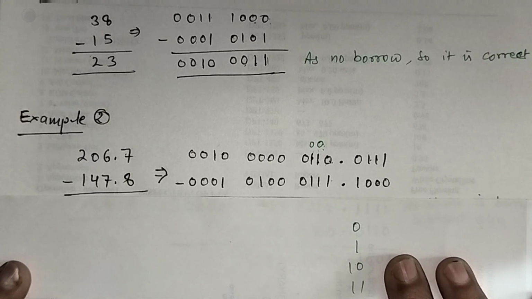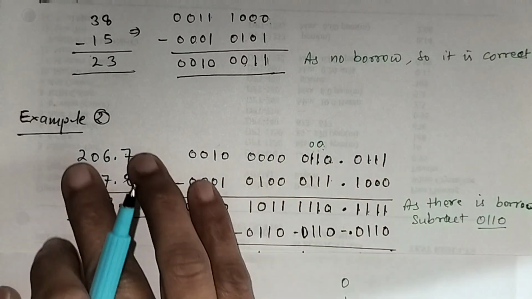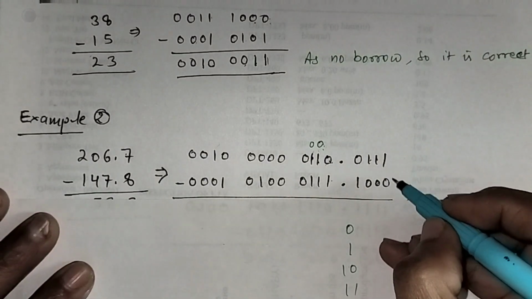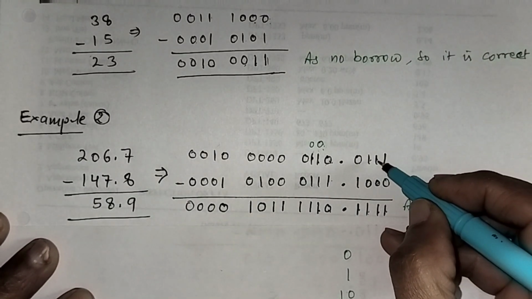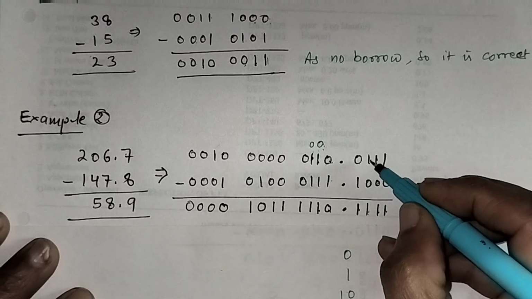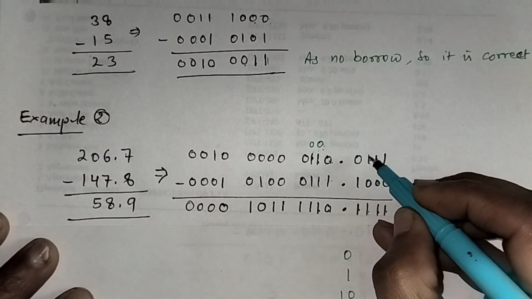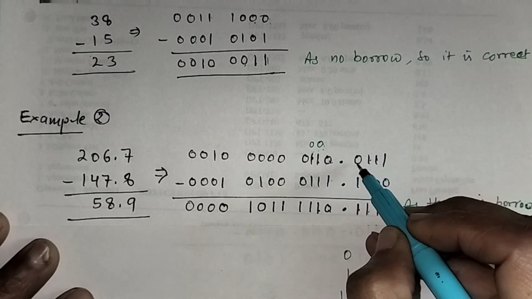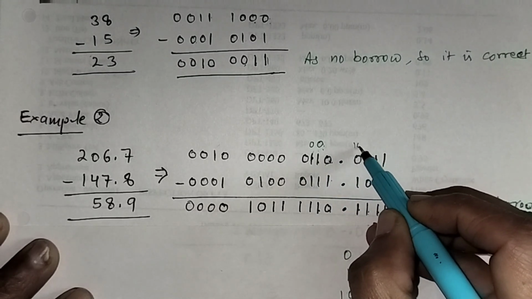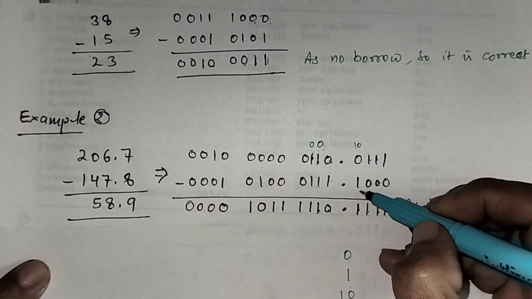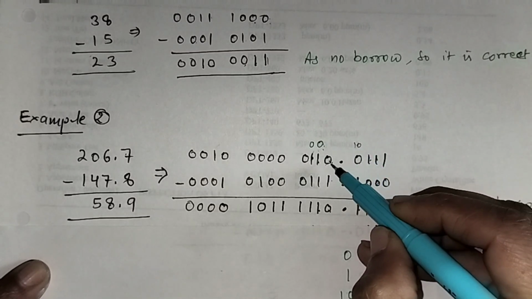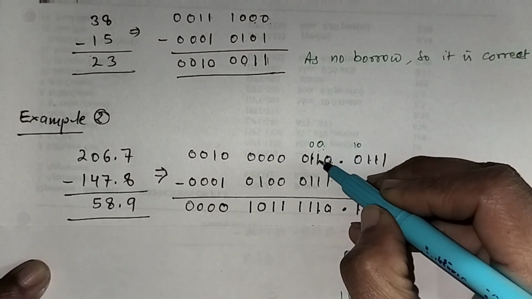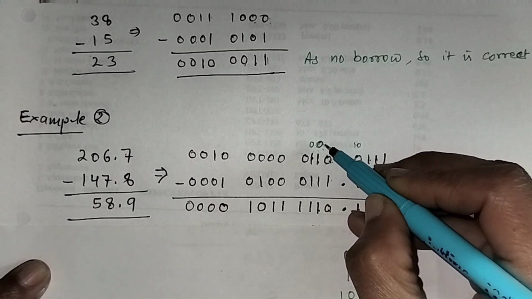Let's take an example for better clarity. This is the BCD code for these decimal numbers. Now we will subtract. 1 minus 0 will be 1. 1 minus 0 will be 1. Now we cannot subtract 1 from 0, so we will borrow from here. It will become 1 0. So 1 0 minus 1 will be 1. Now it will be 1. So 1 minus 1 will be 0. Now we can see we have borrowed, so it will be 0.